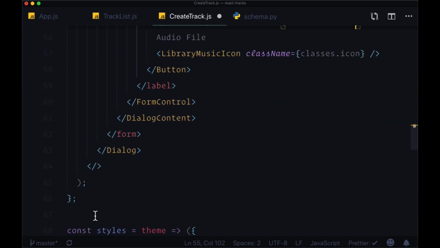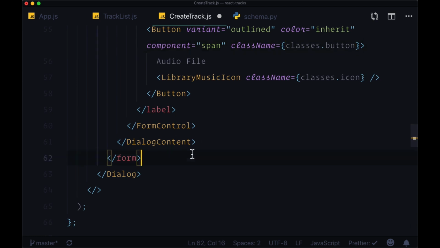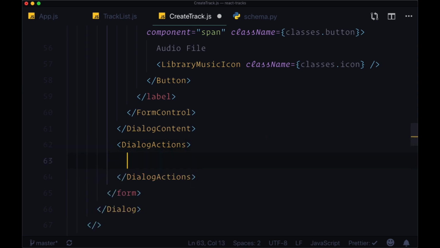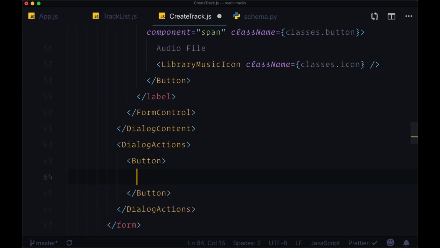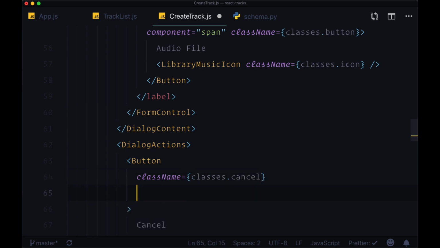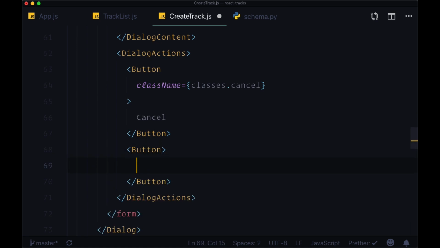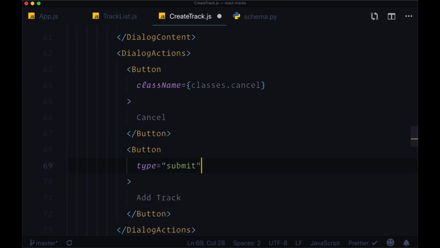So that's it for our form, or rather our dialog content. Underneath dialog content we'll have some dialog actions. These will contain a couple of buttons. The first one will be a button to cancel adding a track or creating a track. The class name will be set to classes.cancel. And then for the second button, that's going to have the text add track, where the type will be submit, and the class name